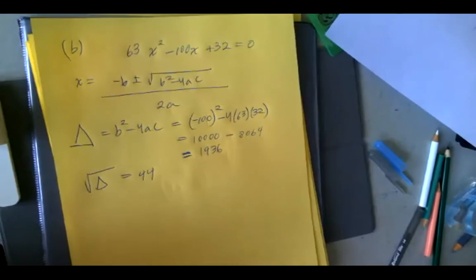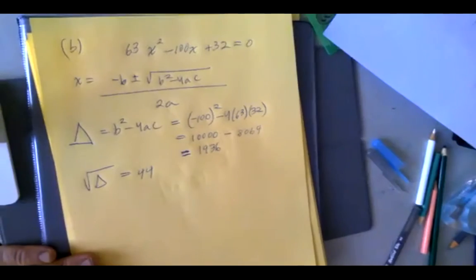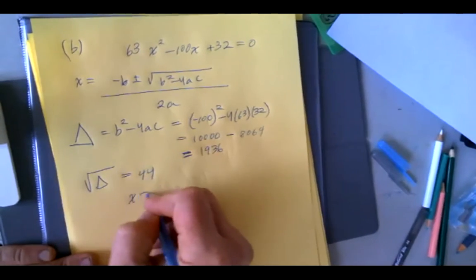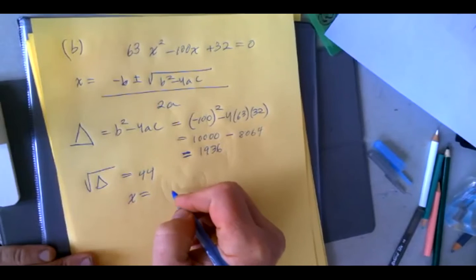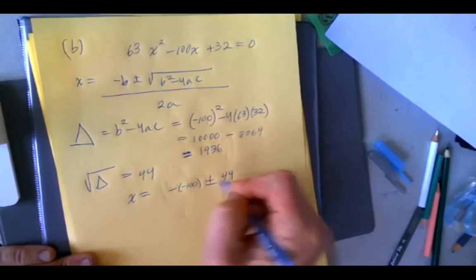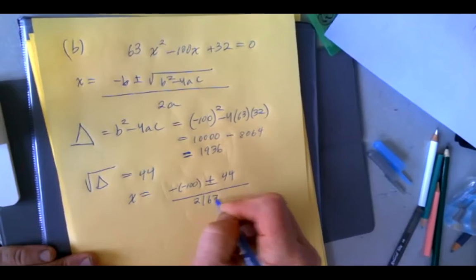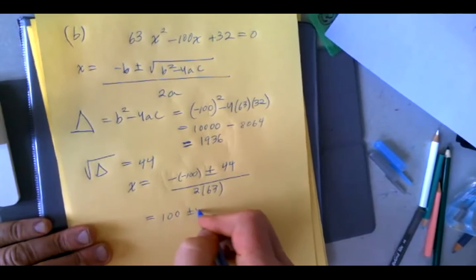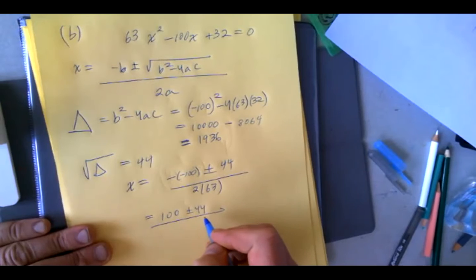So I'm trying to get some conceptual issues down today. Let me see if this helps. It's getting dark around here. Okay, so this means x equals the opposite of 100, negative 100, plus or minus 44 over 2 times 63. So this is 100 plus or minus 44 over